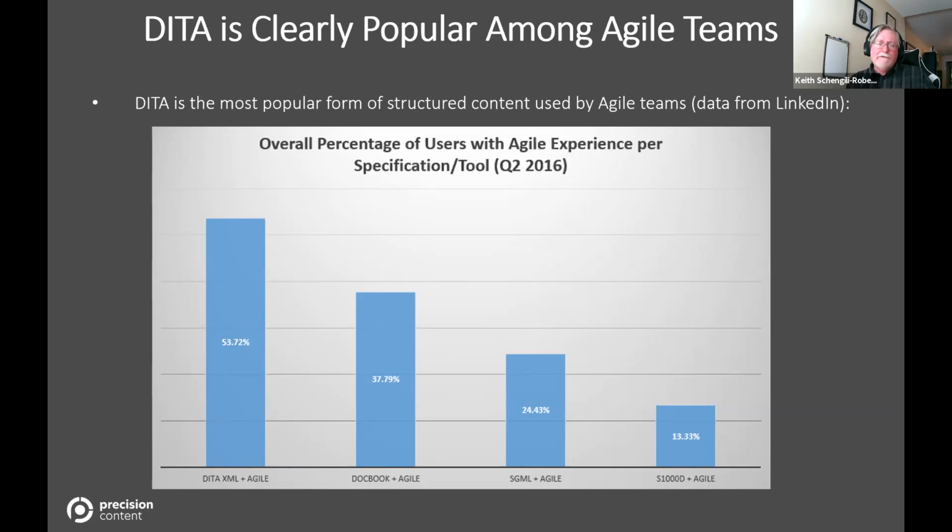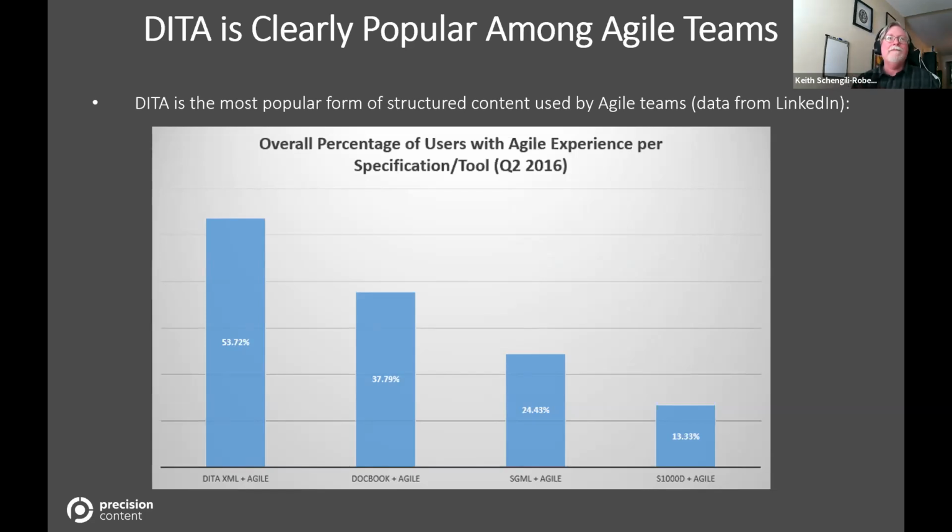The research, based on LinkedIn technical writer profile descriptions, has shown that just over half of all technical writers who claim experience with DITA have experience with Agile, a significantly higher percentage than those claiming experience with any other XML standard. So clearly, many people who are using DITA are doing so in an Agile environment and have come from a place where Agile processes were used. So this is, again, bolstering my overall argument that if you're using Agile, you're more likely to be using DITA